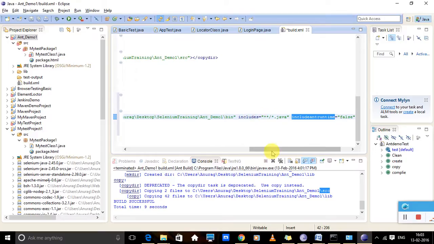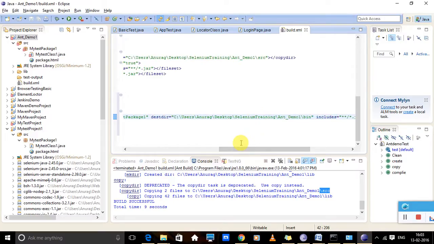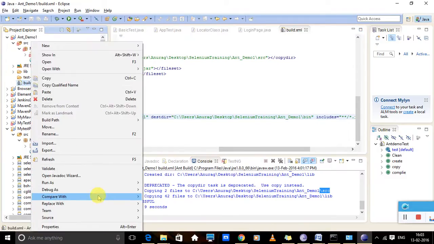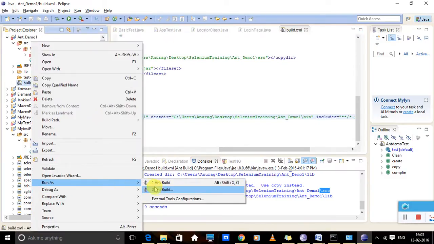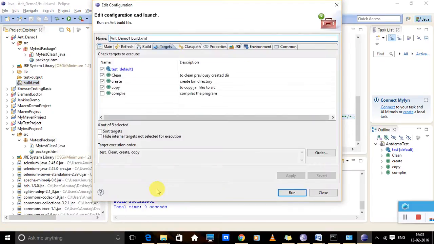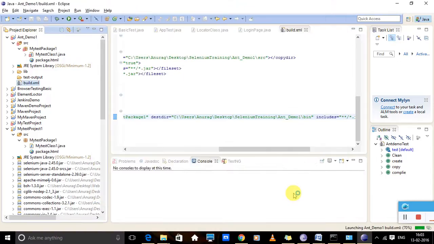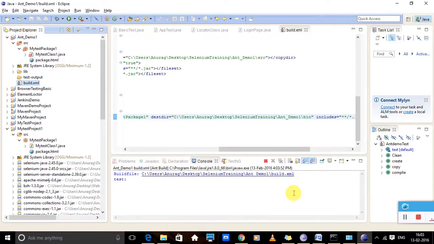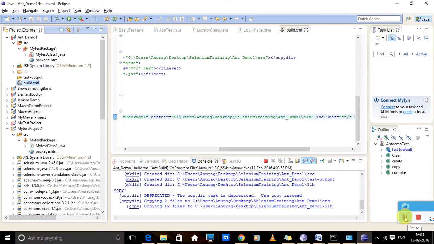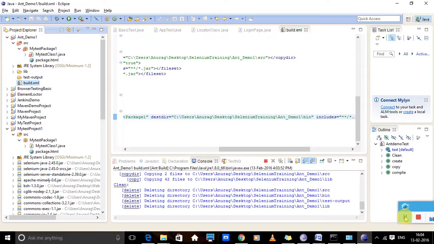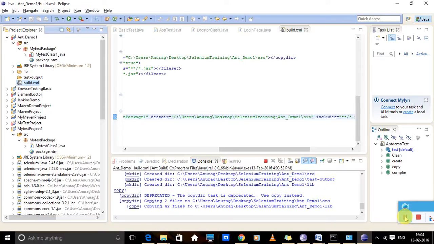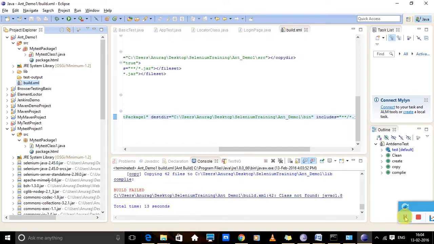Now let's save the build.xml and run it, and our program would run successfully. We click on it, and I will also click compile and click on run. It will successfully execute and it will run my program. So that's it for today, and in this tutorial I have explained how to use the build.xml file. Thanks for